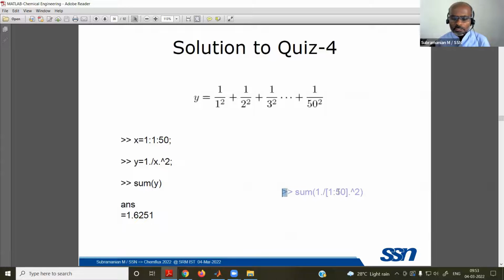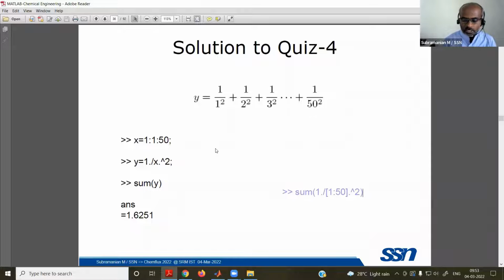Say, for example, simply you can type this way. There is a built-in function called sum, and 1 dot. So we are going to divide every 1 by 1 to 50. Of course, each and every element of this 1 to 50 is to be taken to a power. Or is it this simple line of thing, no? A single line is enough to get this output. So in that way, MATLAB is very powerful.